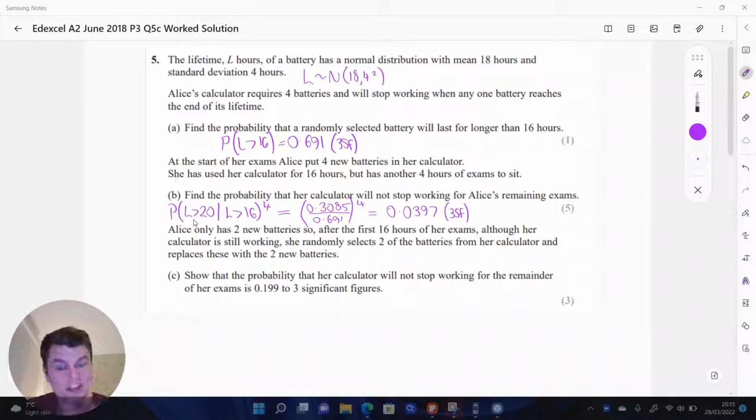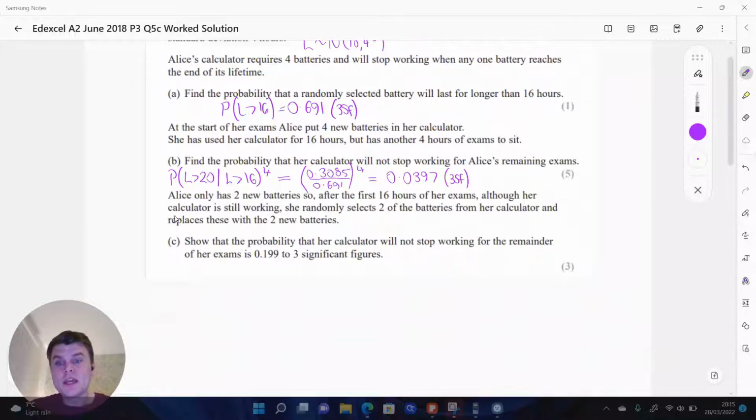Part B, we looked to see what was the probability that the lifetime was greater than 20, given that the lifetime was greater than 16, and that was all to the power of 4 because there are 4 separate batteries. This was the fraction that we used in the calculation, and it was to the power of 4, and we got an answer of